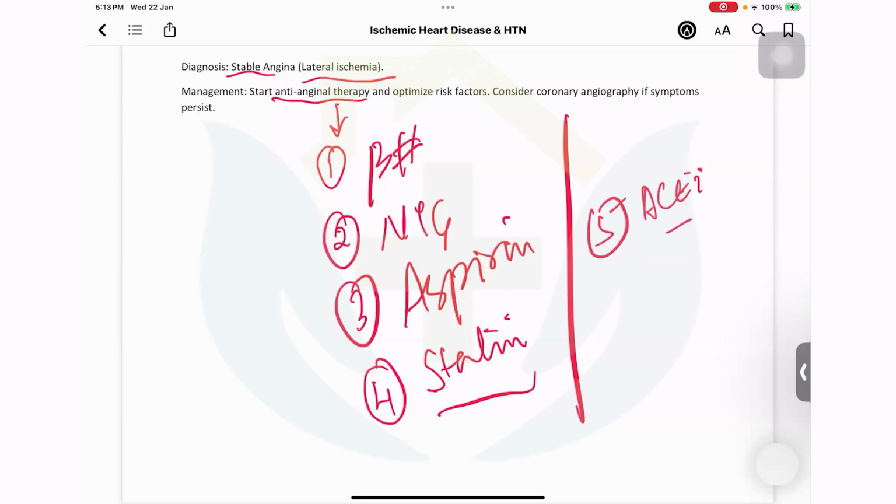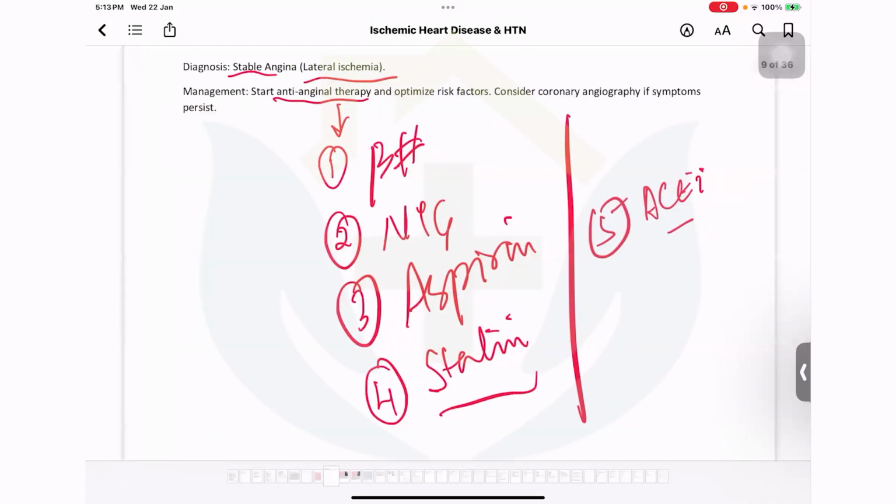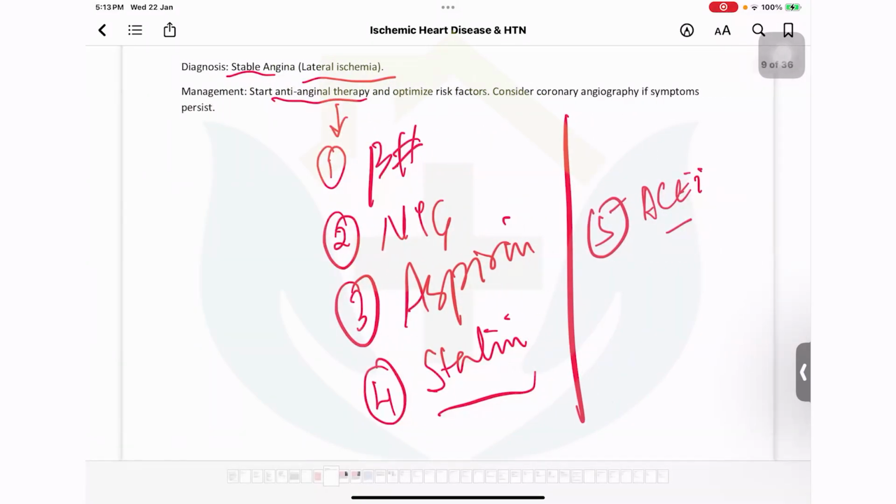So this is how the question will come: which is the most important drug to be started at this time. Usually this is how they ask the question. So these 5 or maybe 4 are the paramount, out of which the first 2 are immediate, and also you have to give them advice on sublingual nitroglycerin to be used on a PRN SOS basis.